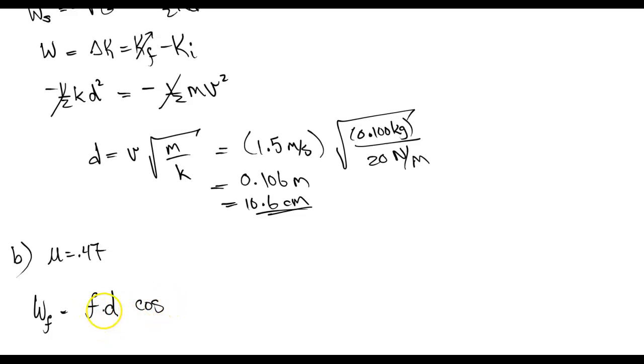And since the glider is moving one way, the friction force would be the opposite way. This angle would be 180. This will give us minus fd